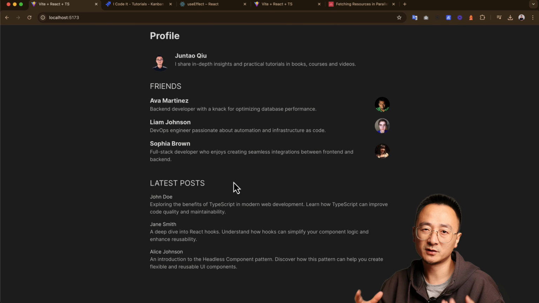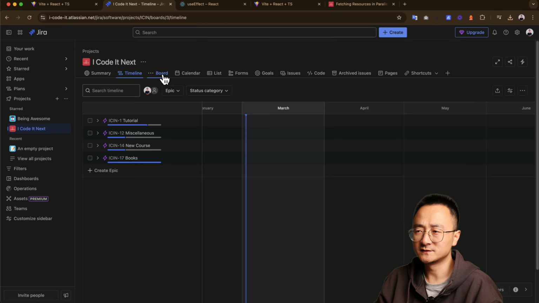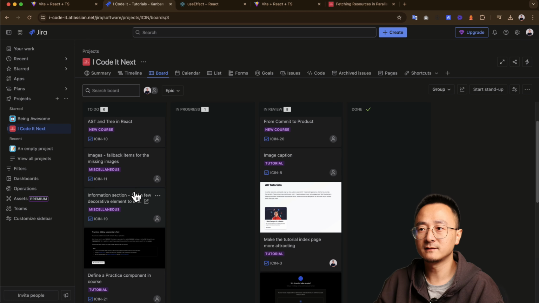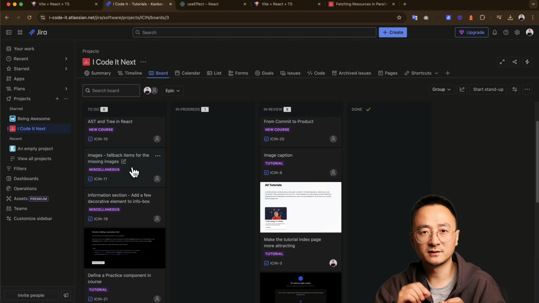But in a real-world product, it will be much harder to do that. For example, if we have a Jira application, it has so many components in it. Each small component might have its own team to maintain, so it's very hard to read their code to understand, okay, there is a useEffect there. You shouldn't move it to